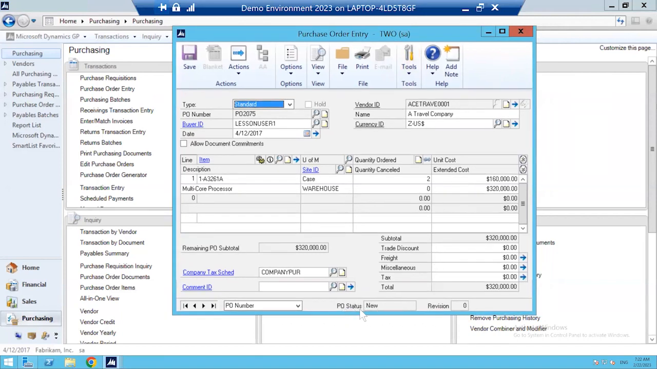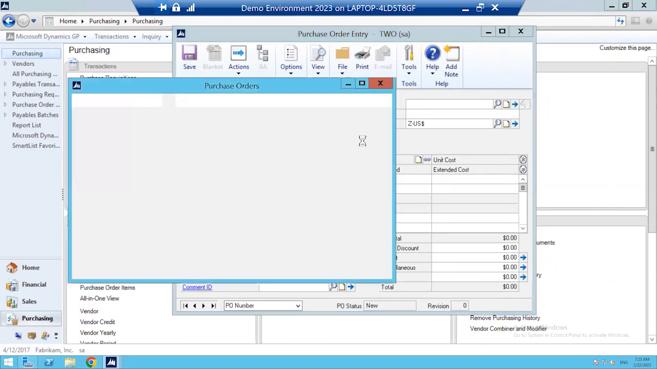All right. And on the screen, we'll notice a couple of things. We currently have a PO status at the bottom here. It's currently set to New. So anytime you create a purchase order, the initial status that you would be given within the system would be New. If I decided to print this purchase order, so if I was to save this PO 2075,